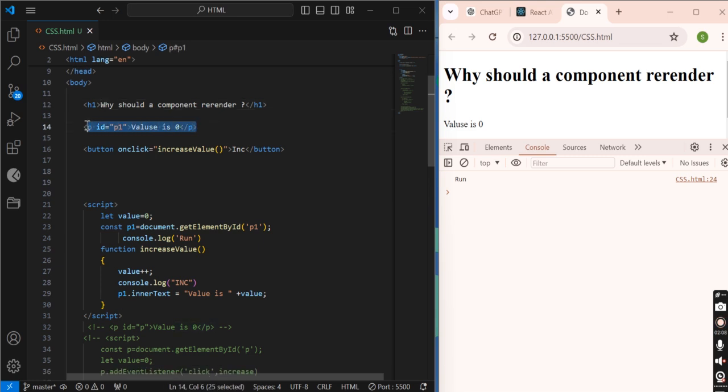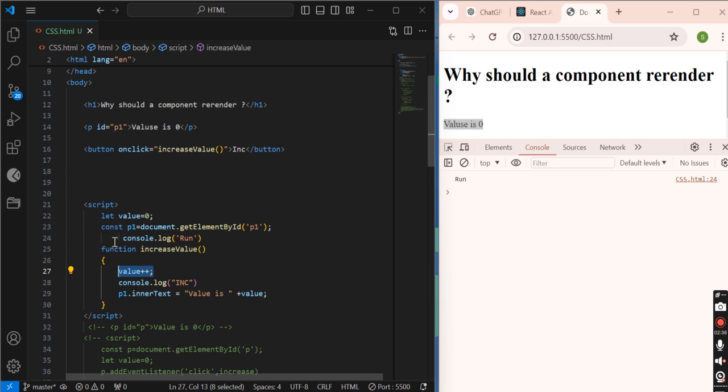So here is our element which is displaying this one value. Whenever I am clicking on this button, this function is getting called and it's increasing the value by 1. Here is the value I have defined. Its initial value is 0, and each time this method is called, its value increases by 1.